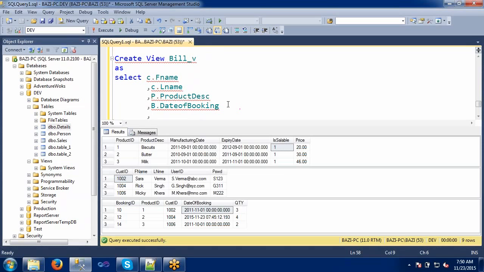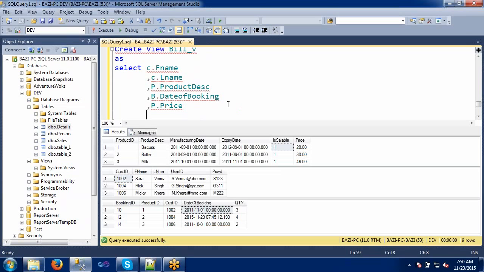P dot, I need the price here. B dot quantity.